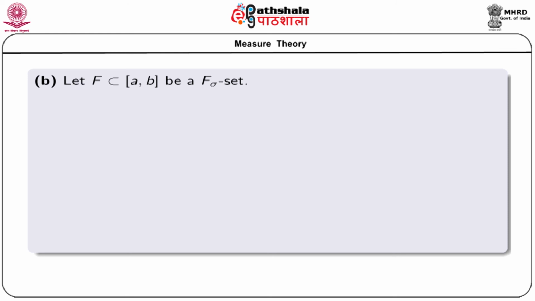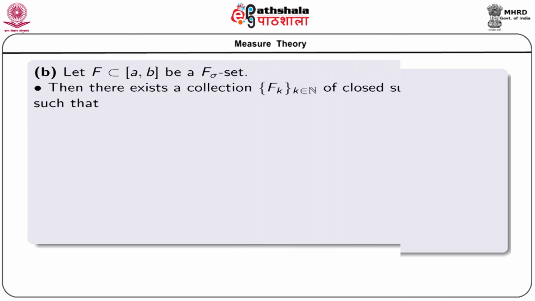Now, we come to the point B. We now start with the assertion B. Let F, a subset of the closed interval [a, b], be an F sigma set. From the definition of an F sigma set, we know that there exists a collection F_k of closed subsets of [a, b] such that